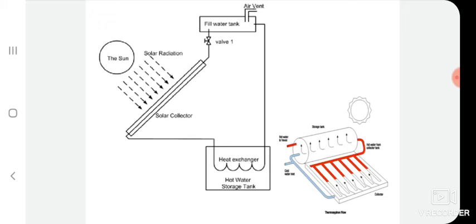The solar water heater absorbs light by means of a collector placed on the roof and converts it into heat. Means the solar collector, which is placed on the roof, collects the radiation coming from the sun and converts that radiation energy into heat energy. It passes this heat to a water tank by means of a circulating pump, as we saw in this figure.